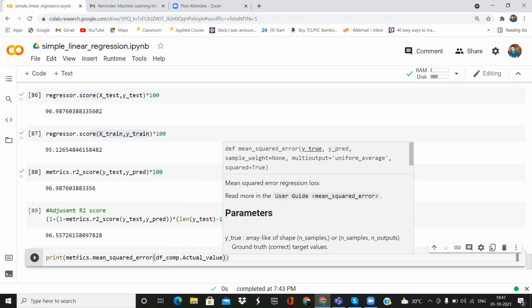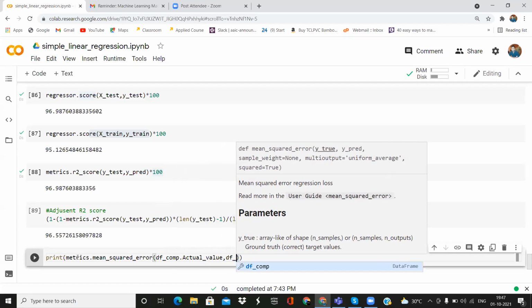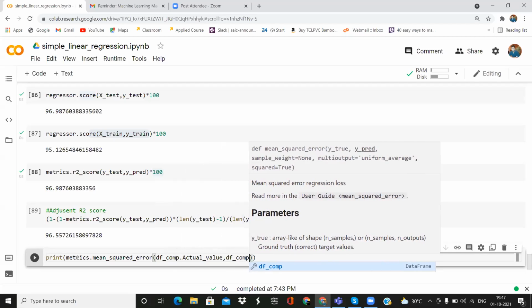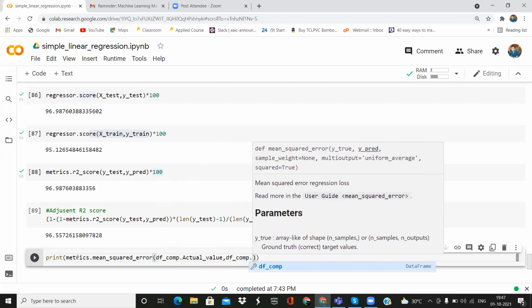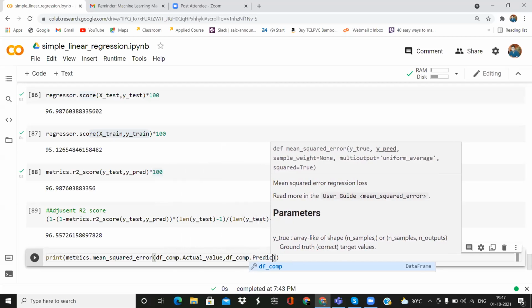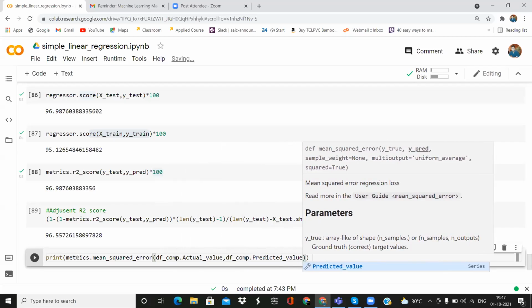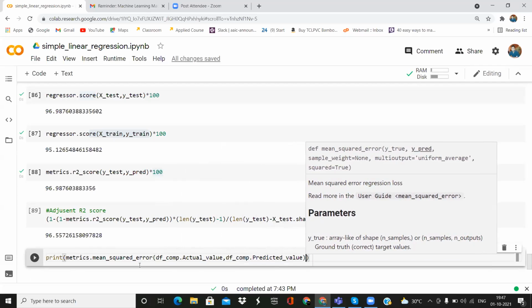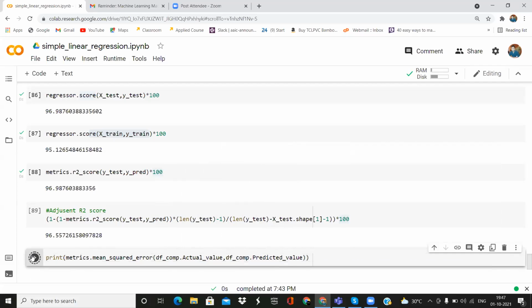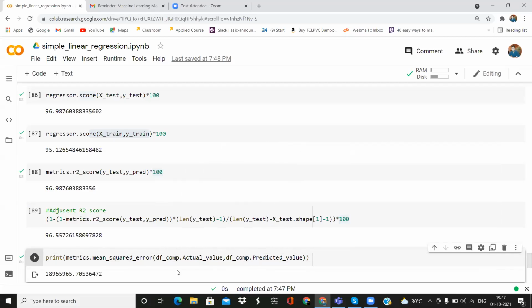Then the predicted value. It's showing much more, I don't know why, but this is the way you get the mean squared error.